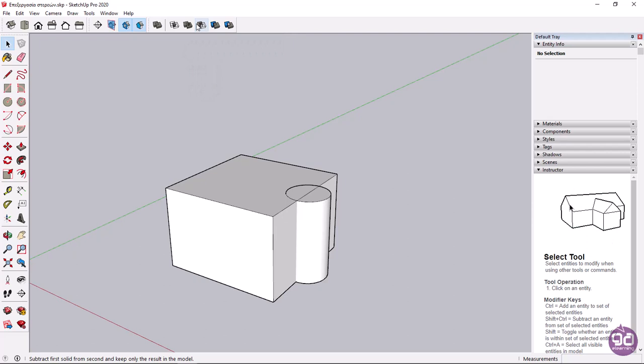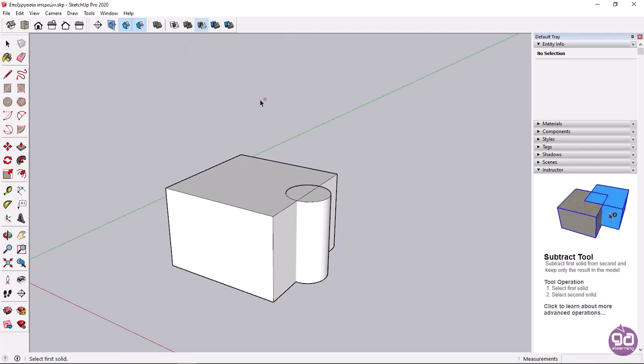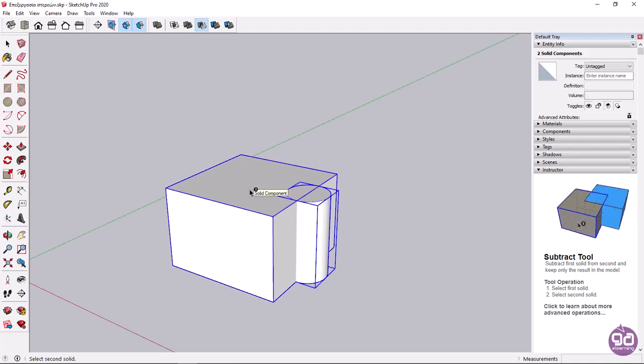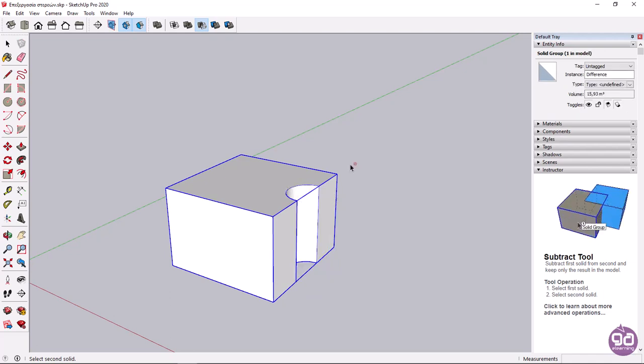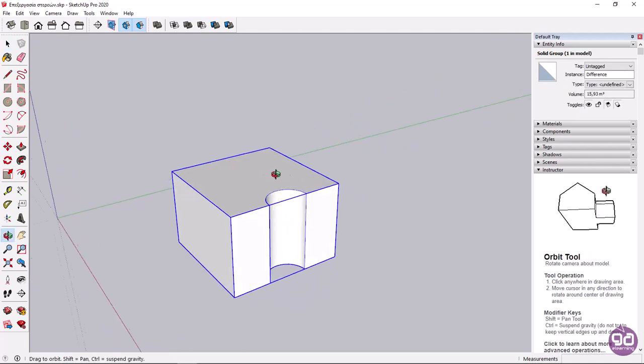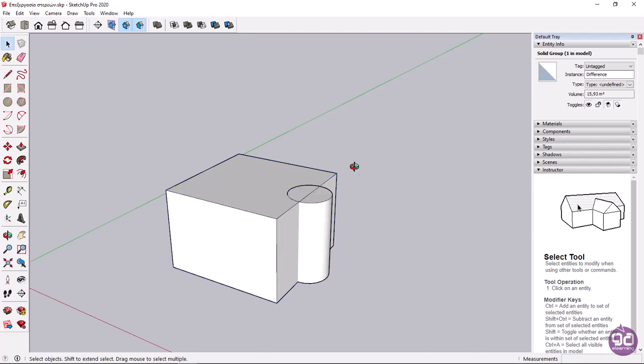I will activate the tool by clicking on the Subtract icon. Firstly, I have to select the solid whose volume will be removed. So, in this example, I will select the cylinder. Then, I will select the object from which the volume of the cylinder will be removed, which is the box. I will press the Ctrl and Z keys to undo the command and restore the two solid objects